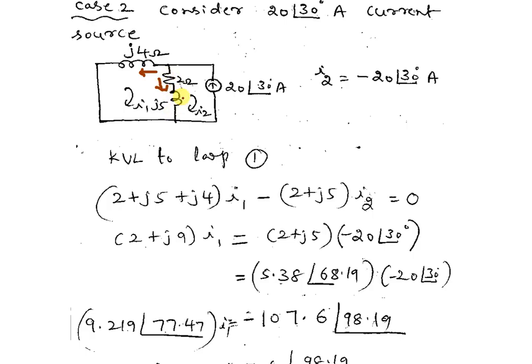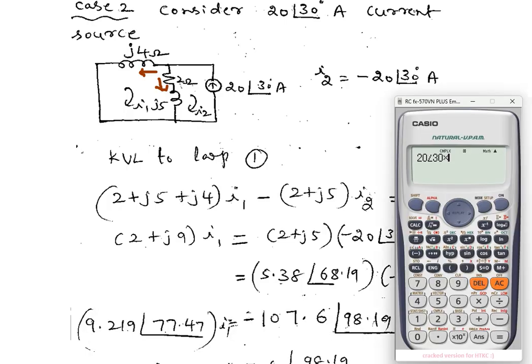I want to find the current in this path. You can use mesh analysis, nodal analysis, or any technique. You have to find current and voltage here, so you can apply any method, no problem. Now, 20 angle 30 is the main current. The impedance opposite to 2 plus 3J is 4I. So 4 into I